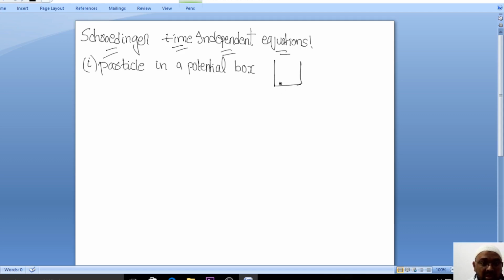See, this is the potential box which has a boundary 0 to L, right? And the particle is inside the potential box. We don't know exactly where it is located, and that is the reason we'll use probability and a differential equation in order to find the energy of the particle, what the energy will be when it is in the ground state, and what the energy will be when it is excited.